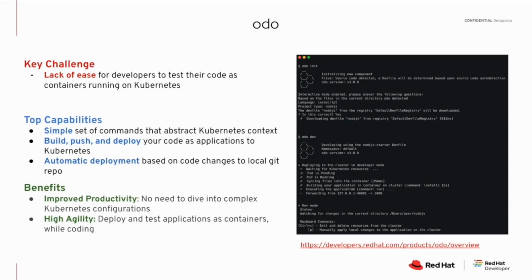It also has a capability which is pretty interesting, which is automatic updates and deployments based upon code changes. So if you're working in your local Git repos and you're making changes, odo can watch for it, build the new images and deploy them onto the OpenShift environment. So this way you don't have to do it manually; it can happen automatically for you. As you can imagine, this makes your life a lot easier. You don't need to dive into all the complex Kubernetes configurations. And now, while you're coding and you're making changes, before you even push your changes into Git, you'll be able to test them out as containers, if that's one of the tasks you would like to do.